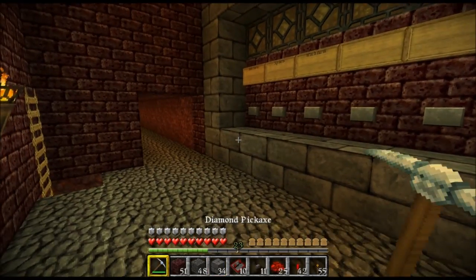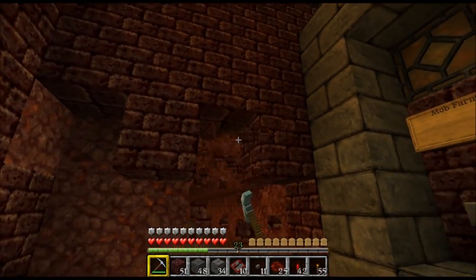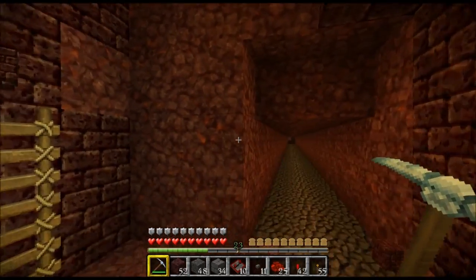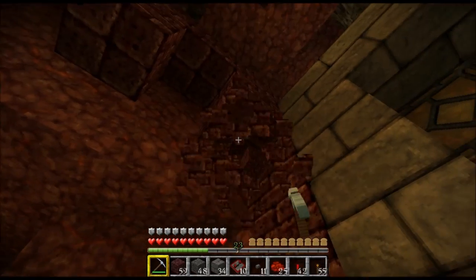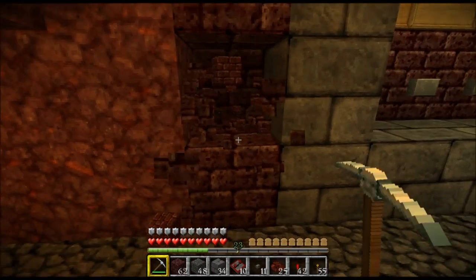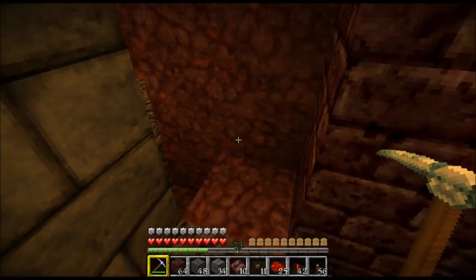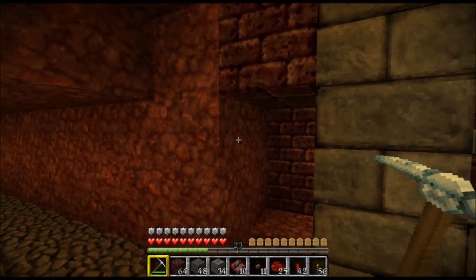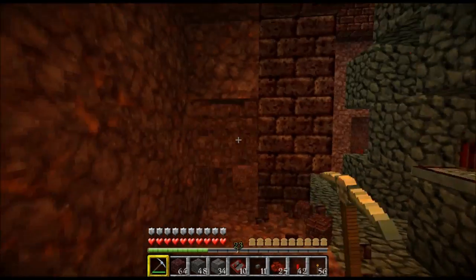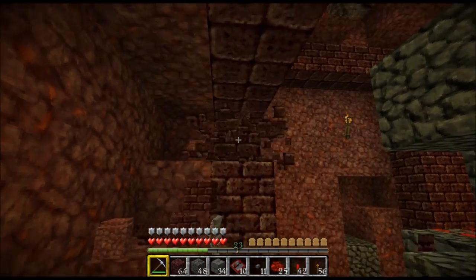Okay. So I'll dig this out. And I love how fast these picks dig the netherrack. It's insane. Okay. So I think we should dig in here. Yeah, it's not going to interfere with anything. That's good. So we need to open up a decent channel anyway. We need to dig out the back as well,